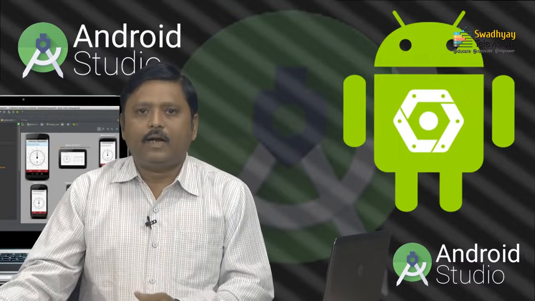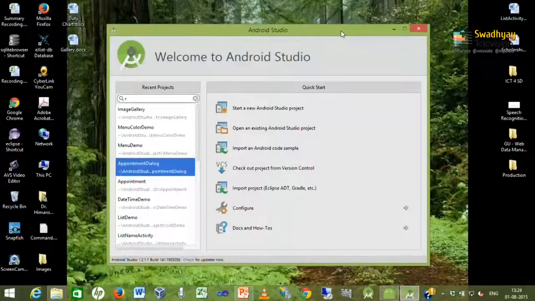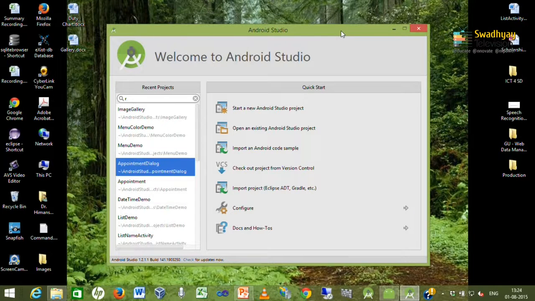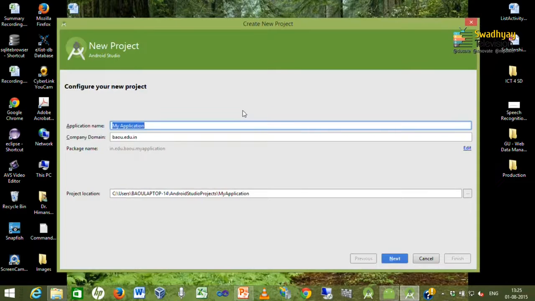Let us start writing this application. On screen you can see a welcome screen for Android Studio. So, we are going to write a new application. So, I am just selecting start a new Android Studio project. Here it asks for application name.